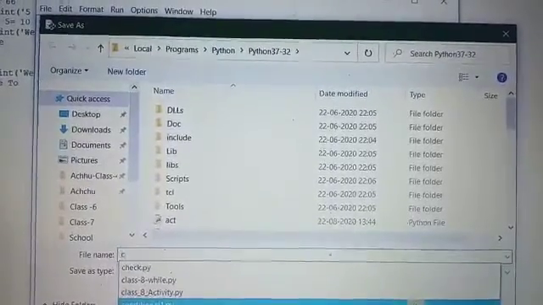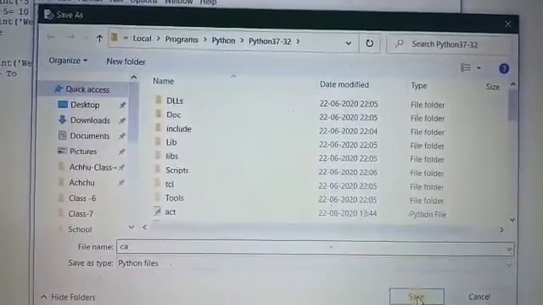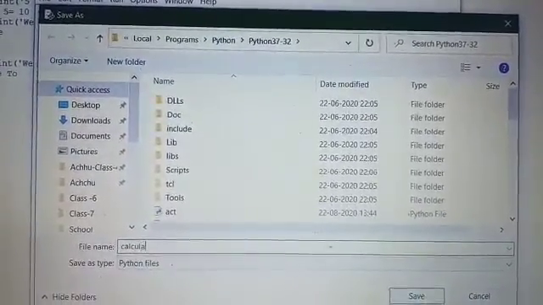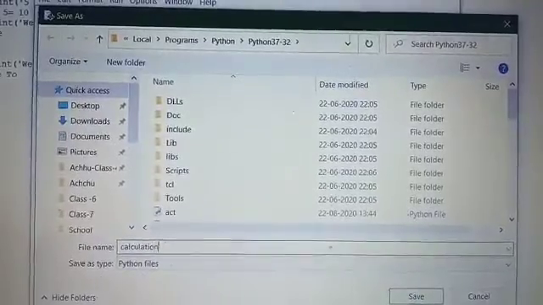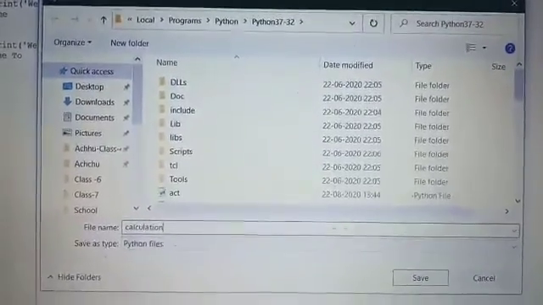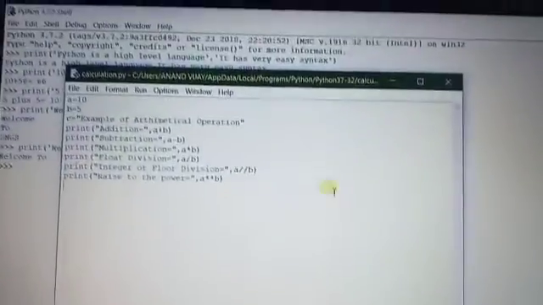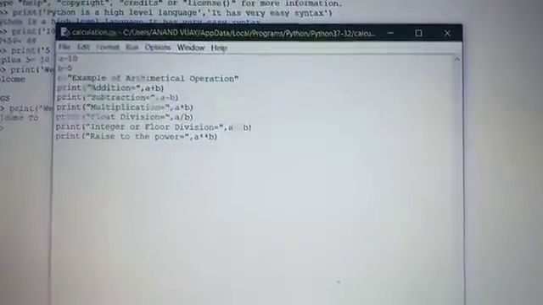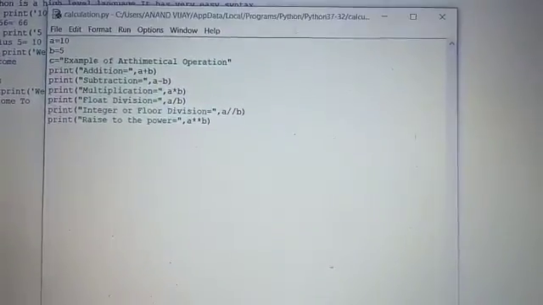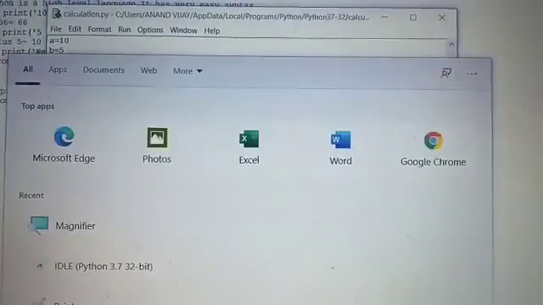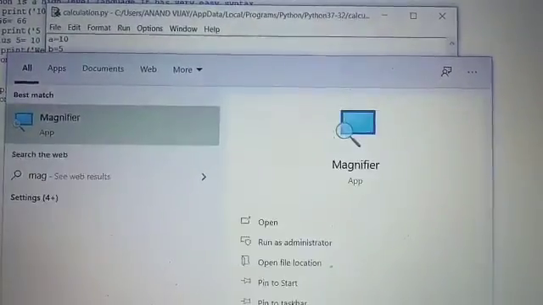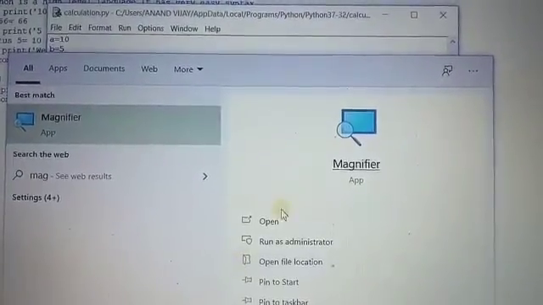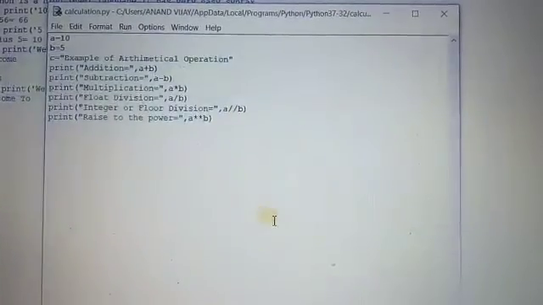Here I have named the file calculation, and automatically it takes .py. You can see the file name is calculation.py. I open the magnifier here so the program is displayed better.